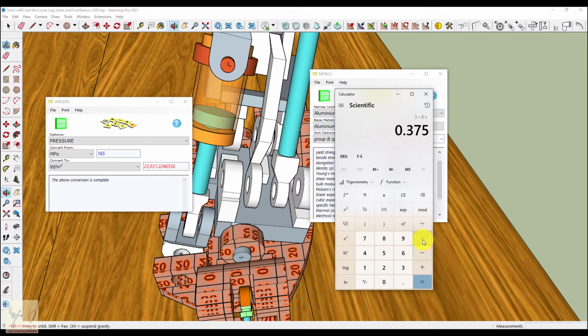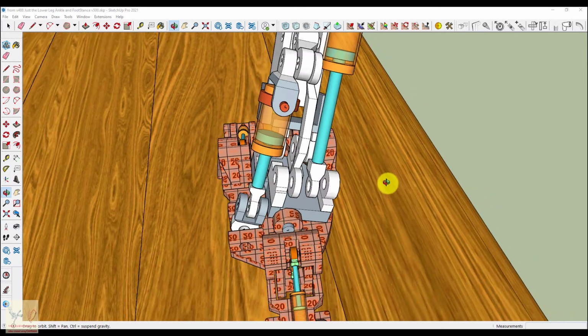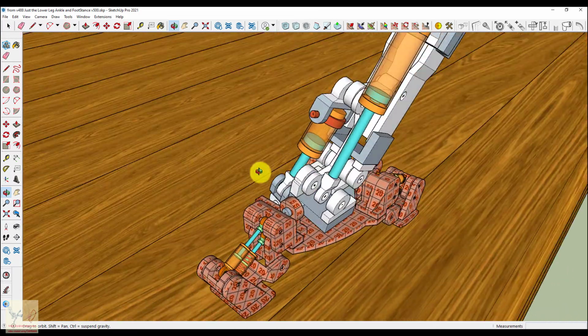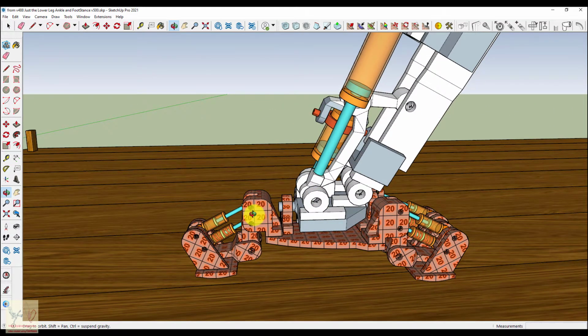Okay, so the surface area of it is 0.44 inches times 10,000. So the compression strength of this shaft is 10,000 pounds. So what we've created here is a foot that can take a substantial amount of force and won't bend, distort, break,